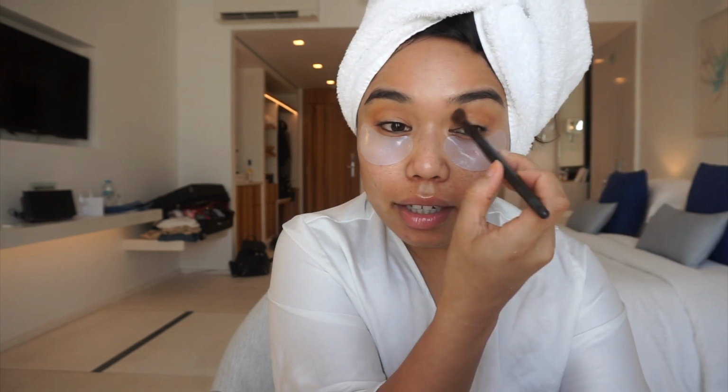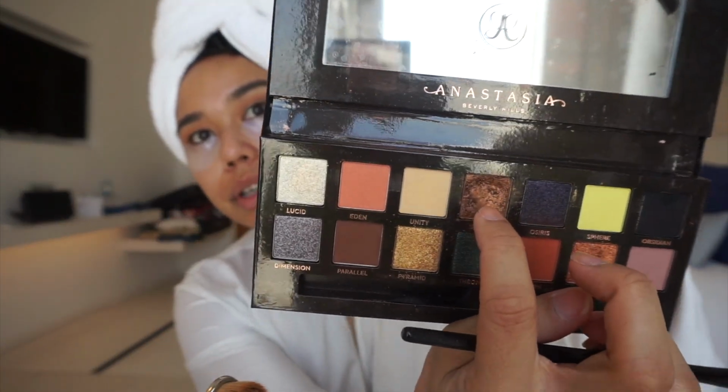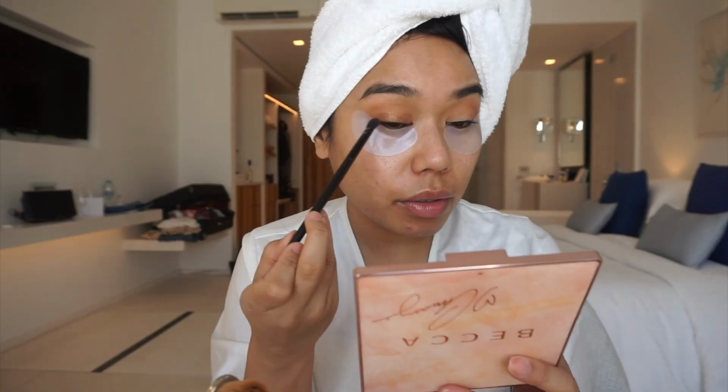I loved visiting Athens because of all the history. There's just so many monuments and historical sites to visit. Now I'm gonna use this brown. It's really pretty. So we're in Mykonos, and